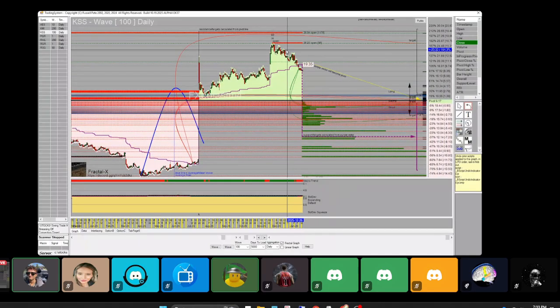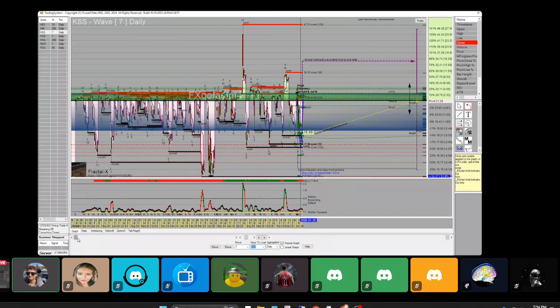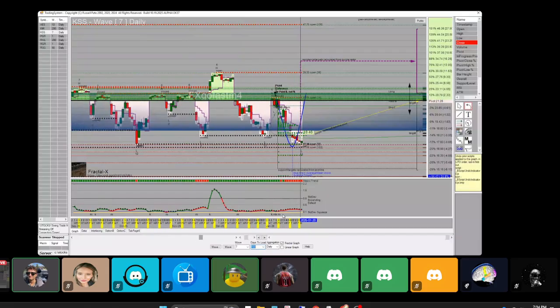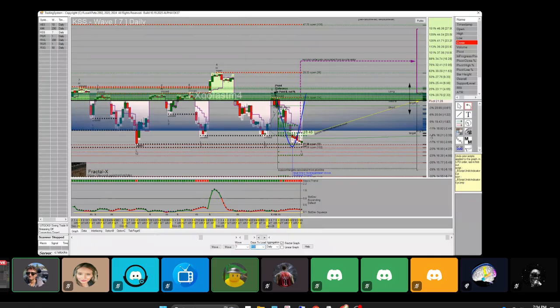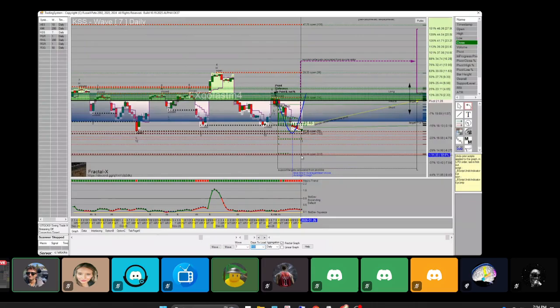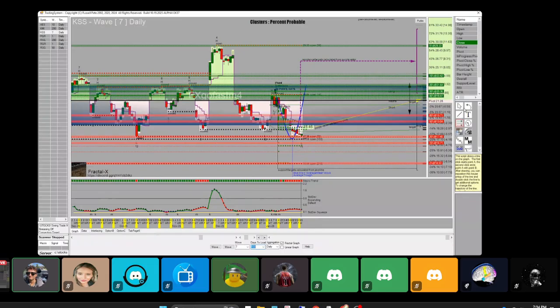But this is good compression. I like seeing that. Let's see, wave 7. Let's go to this. Open state 17.08. It's almost there. There's an open state way down there at 14.44. We need the standard deviation to turn green. That's what we need. A strong positive day would bring the bottom closer.